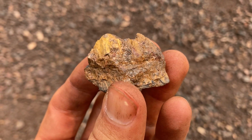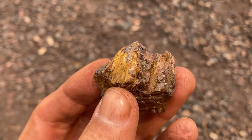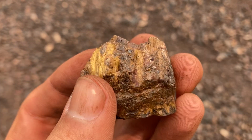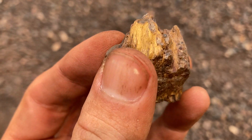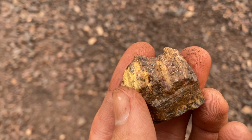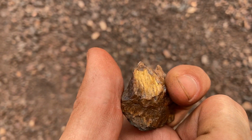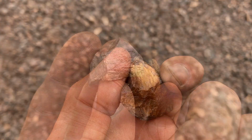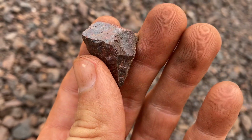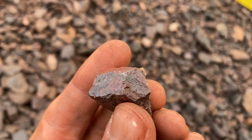Alright, I really think this one might be Binghamite. This one's actually chatoyant. Look at that. That's really neat. That kind of reflects and refracts. That is so cool. Look at how red this piece is. Not sure how well that's showing up, but